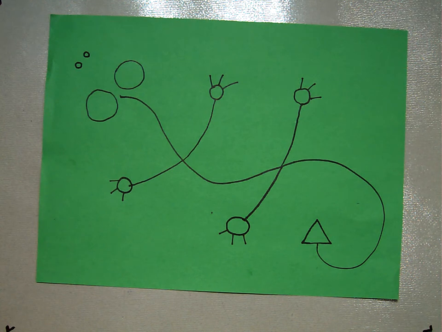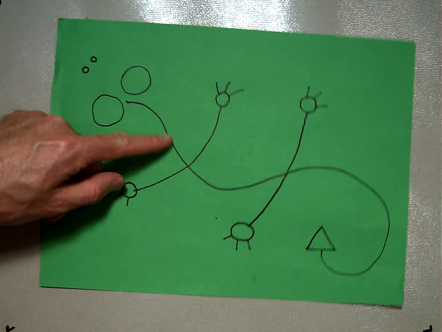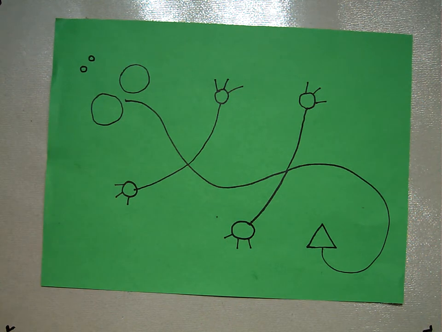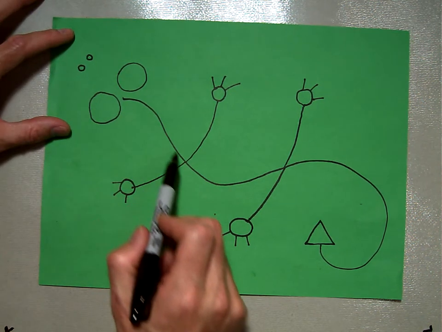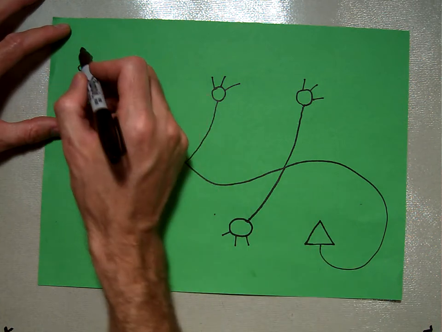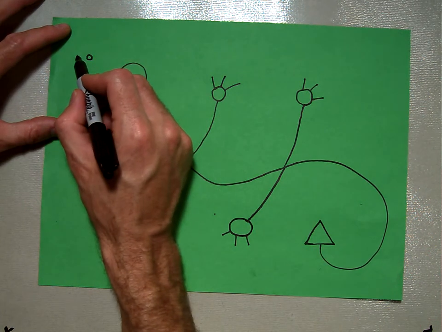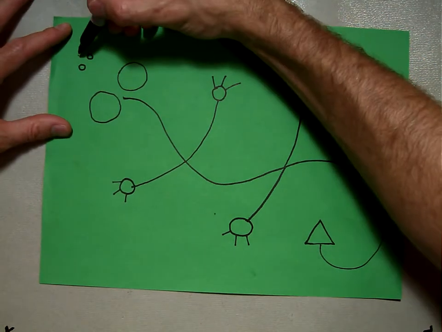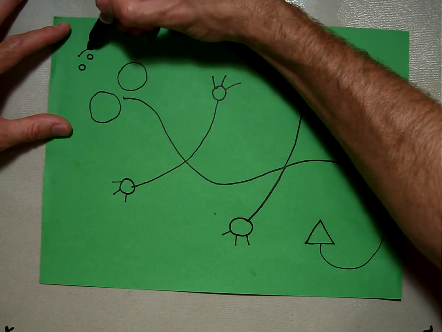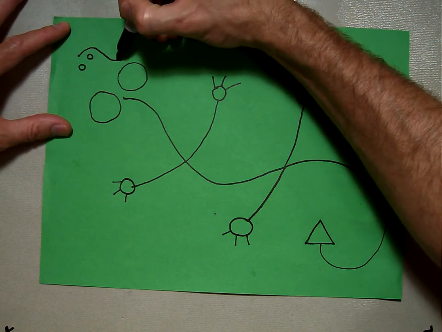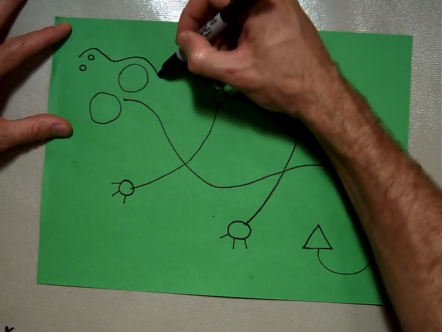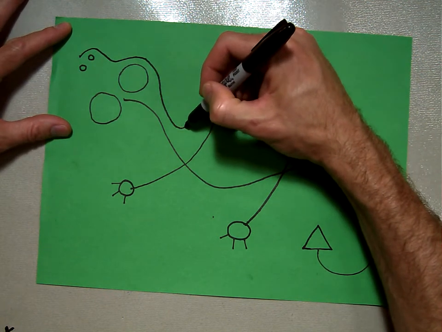Now, this is kind of like the skeleton. If you feel on the back of your neck, you feel some little bumps, and that's called your spine. Imagine that this is the spine of our creature. And we're going to put the skin on. We're going to start up here. And we're going to put the skin around its nose and around its eyes and head and down onto its arm,